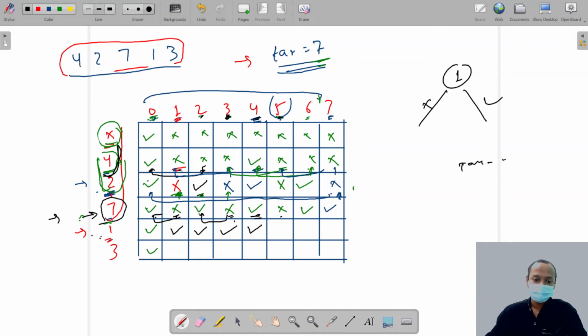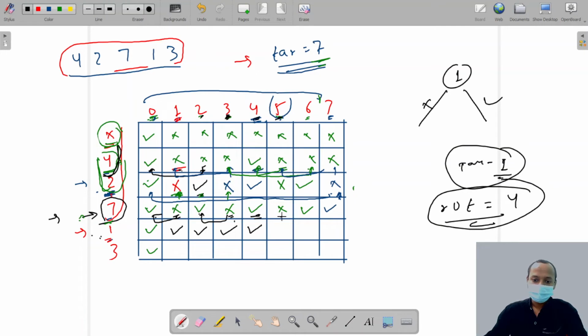The value of the player is 1. Then we ask the rest of the team, if I make one run, can you make the rest of the runs? That means the rest of the runs is 4. Then we ask the rest of the players, can you make 4 runs? They say yes. So we write yes.